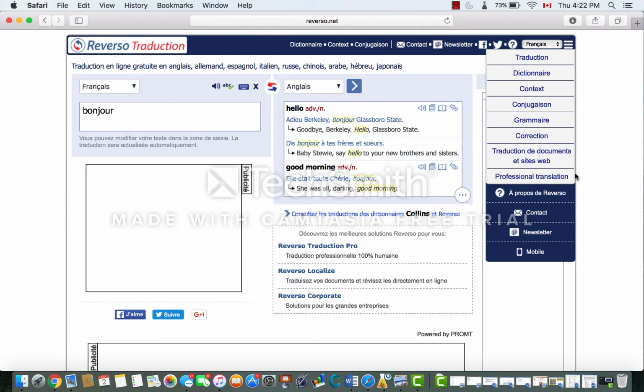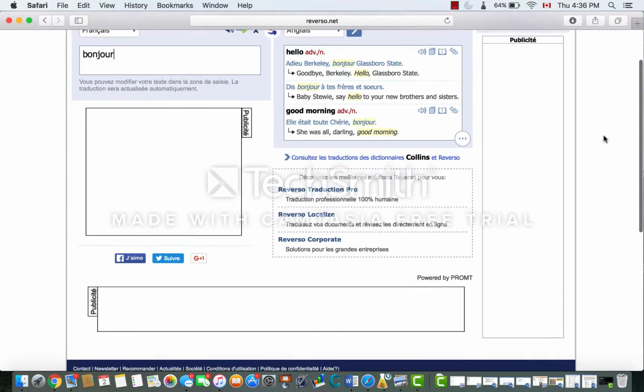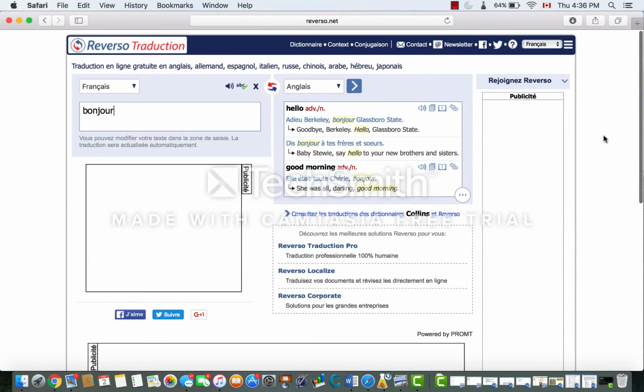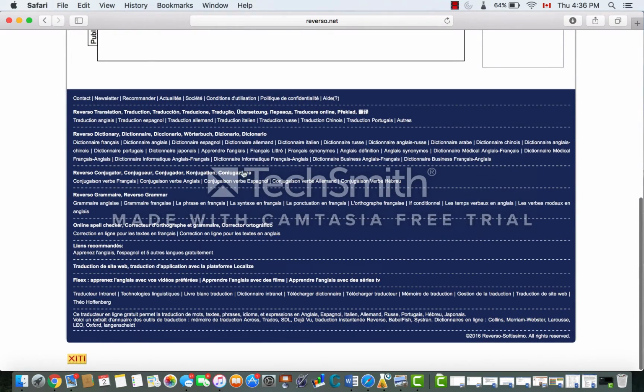Also, just like any other CAT tool, there are many risks involved in using Reverso. All suggestions made by Reverso are to be taken with a grain of salt. You must use your better judgment rather than blindly accepting all of its suggestions. And although Reverso offers many features to its users, it's not always the most user-friendly, so beware of that too. Its interface, which can be accessed in different languages,